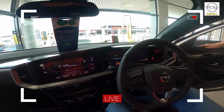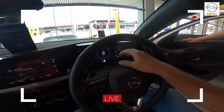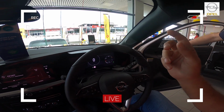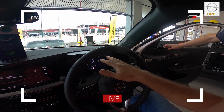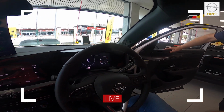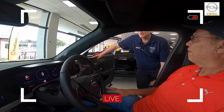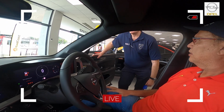Car starts up automatically. Look, I see it's on East Coast Radio. That's very smart. This is what I love, these displays, because as opposed to a static normal analog display, there's a lot more you can do with the digital display. Very much so. You could choose what you want to see and what's most important to you. Yes. Also, one of the features of this car is...